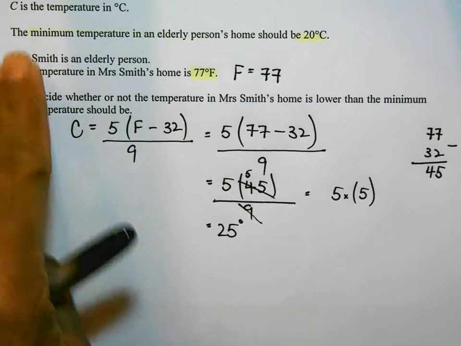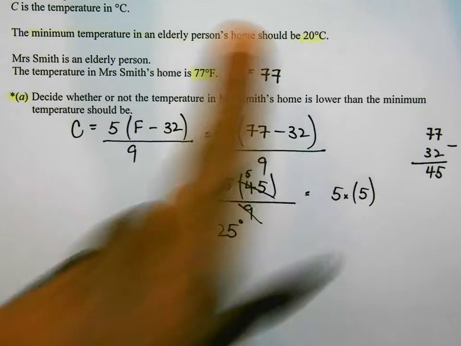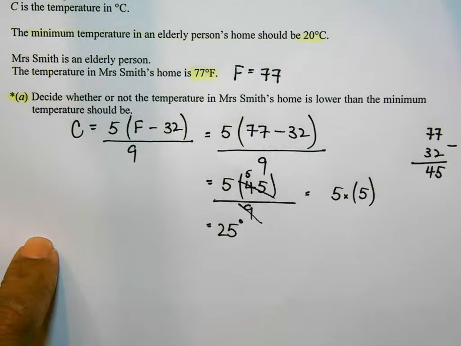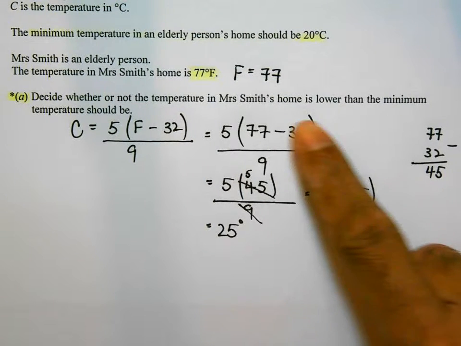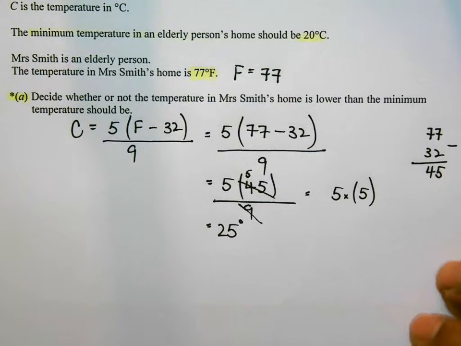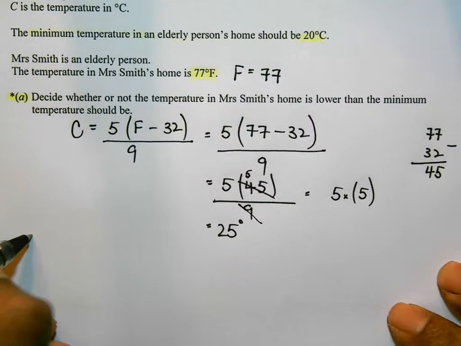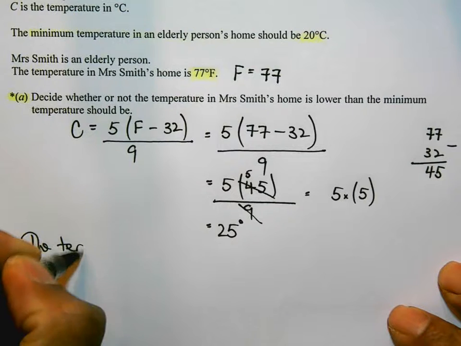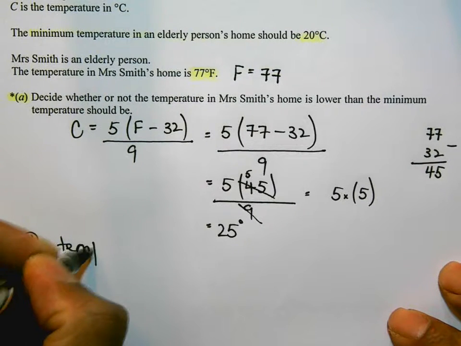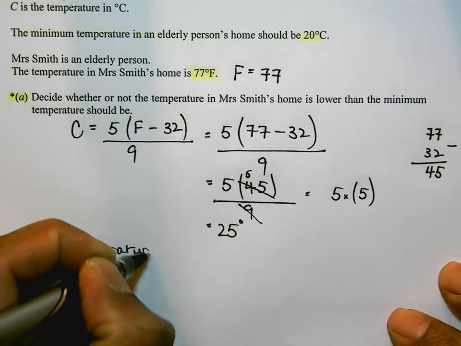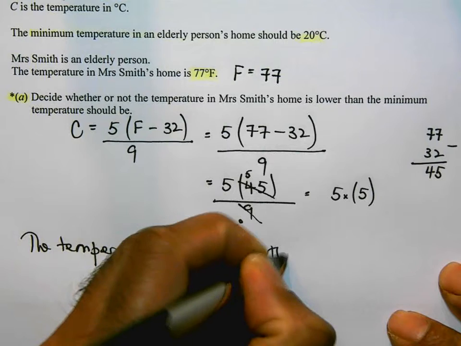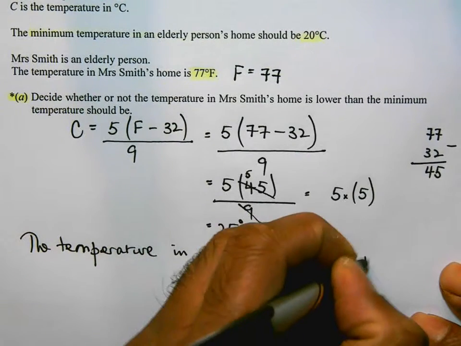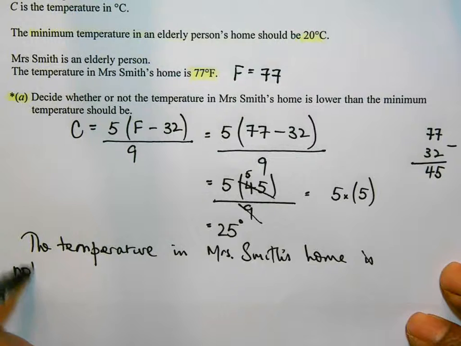Okay, so the minimum temperature an elderly person's home should be is 20 degrees. In this person's home, it is 25. So decide whether or not the temperature in Mrs. Smith's home is lower than the minimum temperature it should be. So what I'm going to say is the temperature in Mrs. Smith's home is not lower